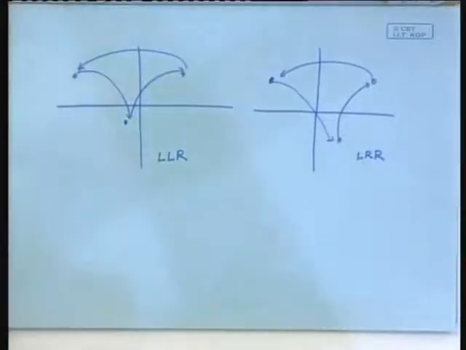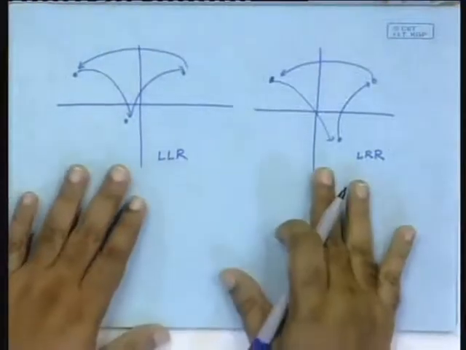So, when we talk about the period 3 orbit, it could be either of the two, and we will need to talk about both. We will have to find out where both will occur. How will you do that? That is algebraically pretty straightforward, but you might need to do some algebraic manipulation in order to actually obtain it.